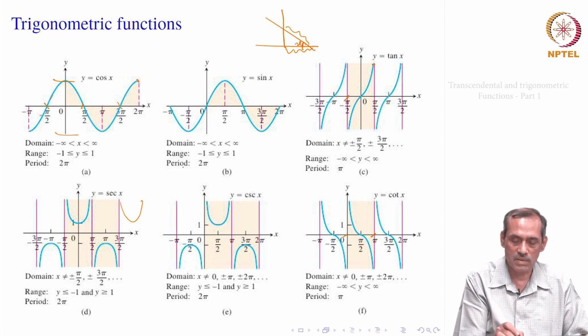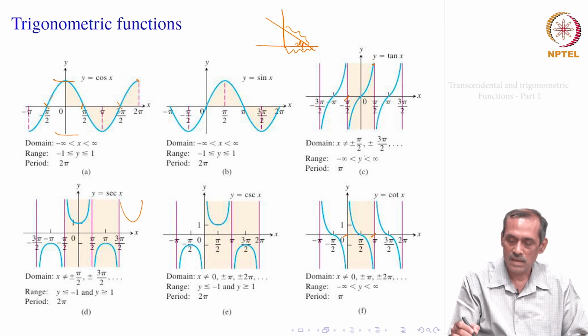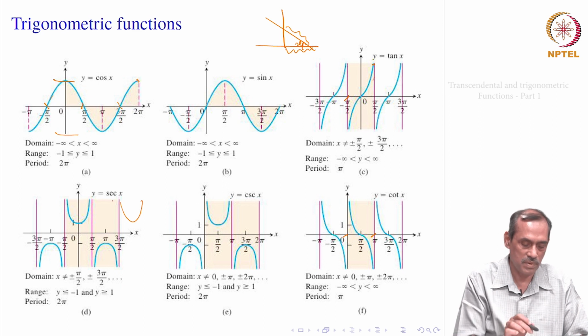And in sin x you get the range as similarly -1 to 1, it is shifted, and your period is also 2 pi. Look at tan x, again its range is -infinity to infinity, that is every value is achieved, the whole of real numbers, and its period is pi. Similarly, if you look at secant x, its range is